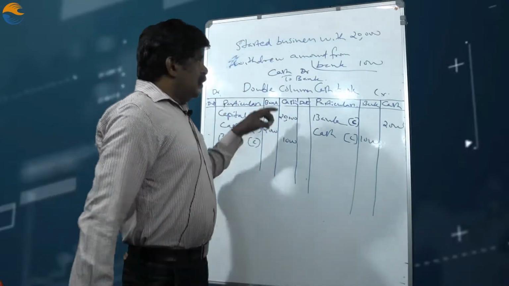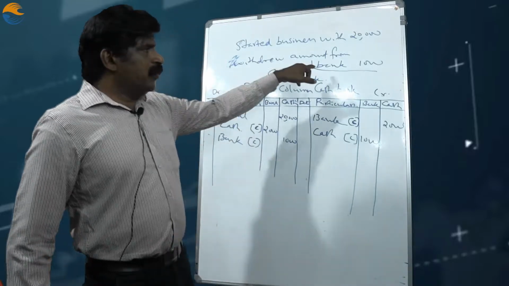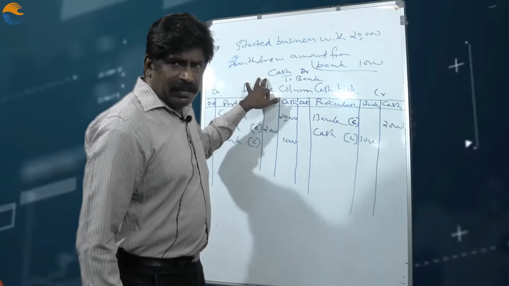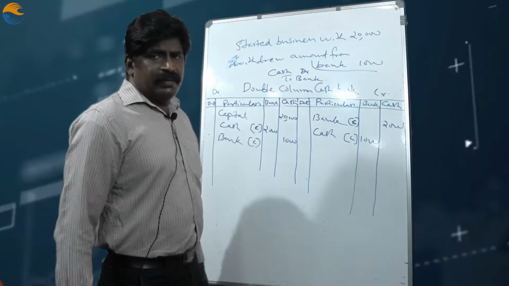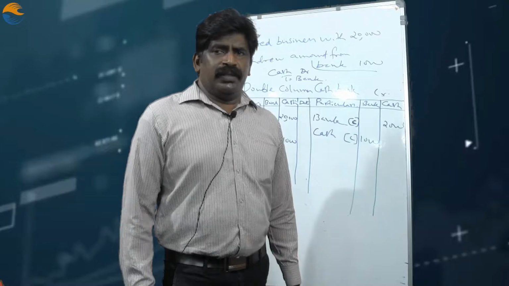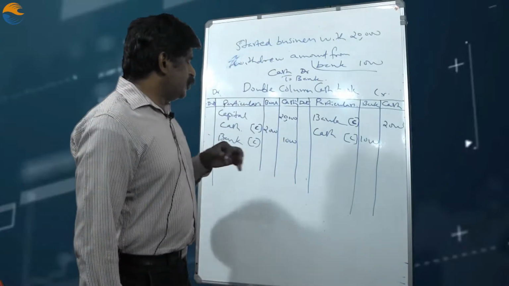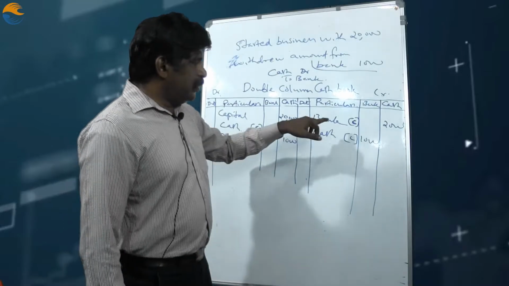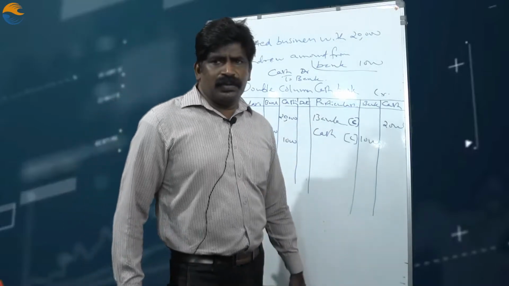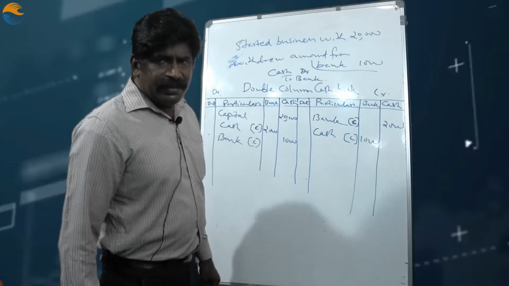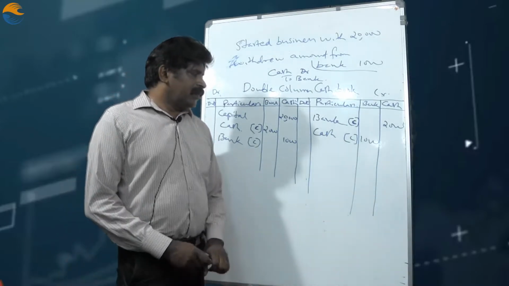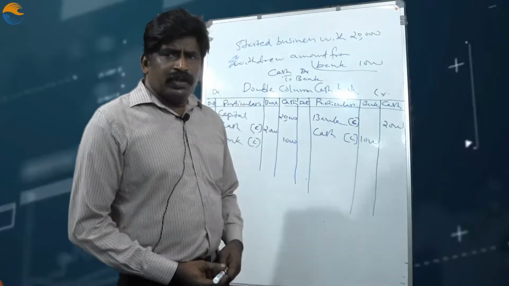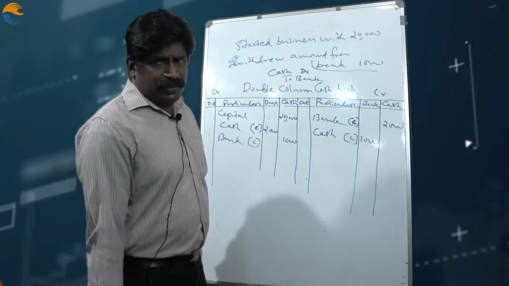So the transaction withdrew amount from bank 1000 was recorded like this. The aspects of the transaction were cash and bank. The journal is cash account debit to bank, and in the cash column, to bank, and in the bank column, by cash is the process of posting this journal. After writing this, we should consider the balancing process.